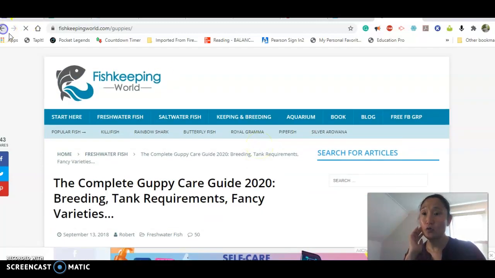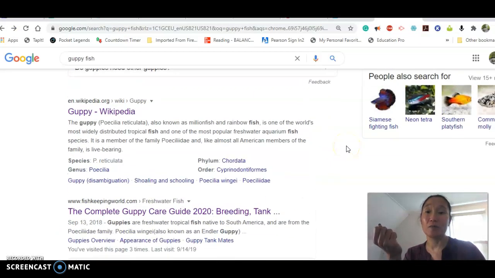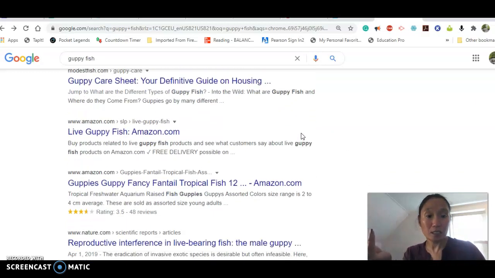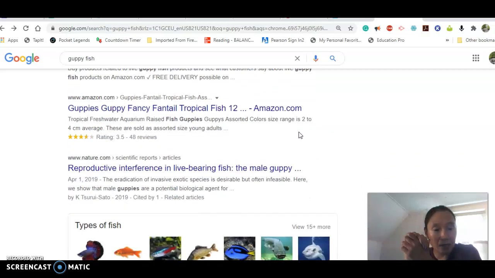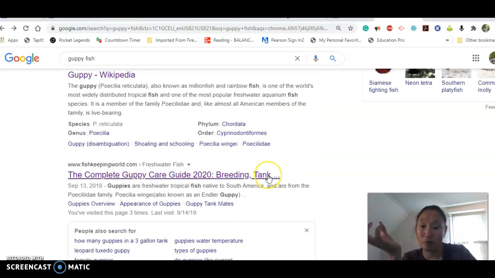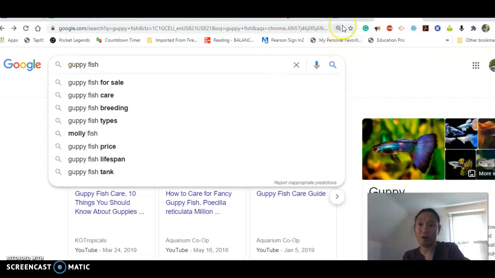So categories, you're going to have to really think about how do I teach about guppies? You're going to have to come up with subcategories. So if you're doing dogs, you might want to go breeds of dogs, training your dog, and health care, care of your dog. So those are 3 things that you could really teach about guppies. Okay, if you wanted to say all about guppy fish,